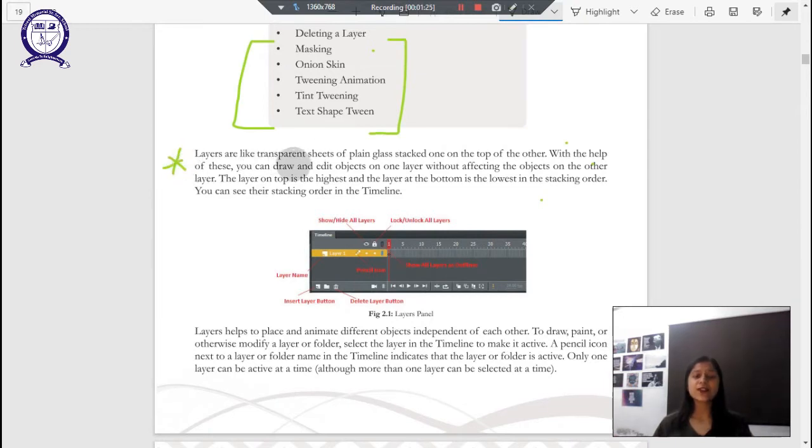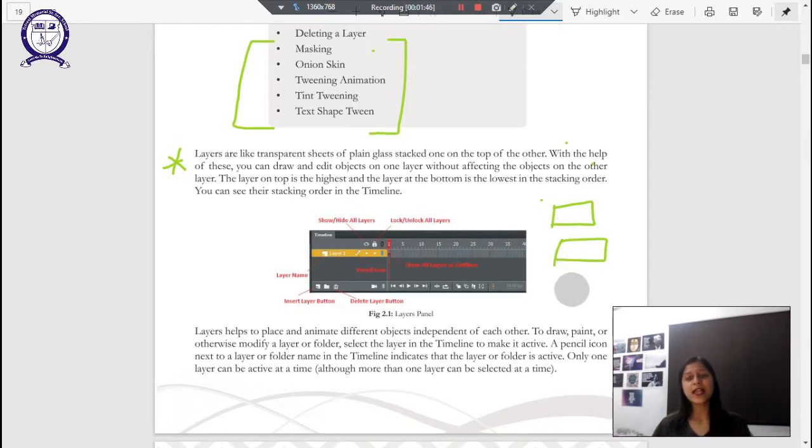Layers are like transparent sheets of plain glass stacked one on top of the other. With the help of these, you can draw and create objects on one layer without affecting the objects on the other layer. So the basic idea is that one layer is like a plain glass and another layer acts the same.